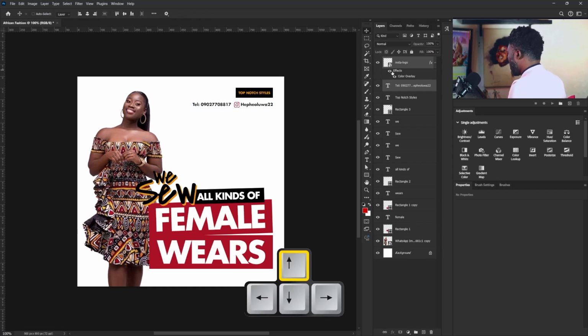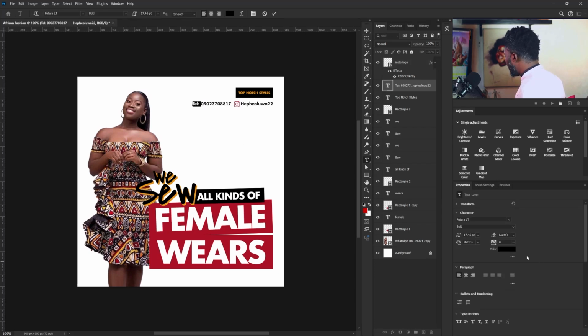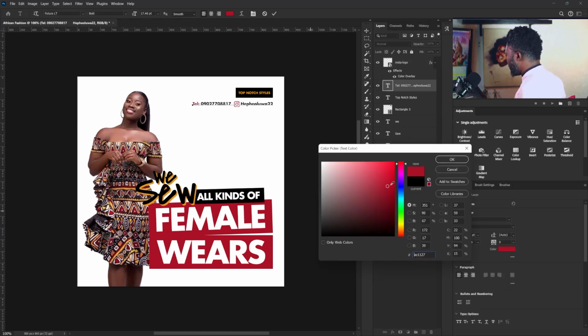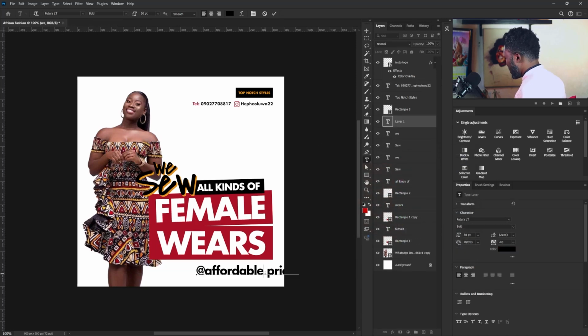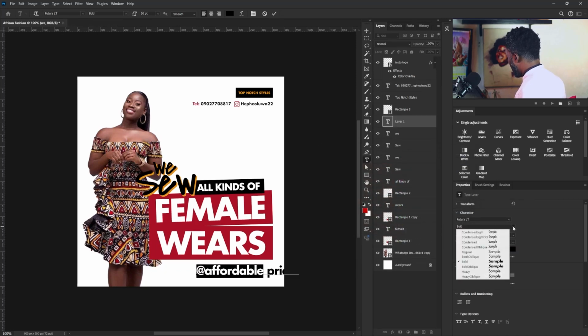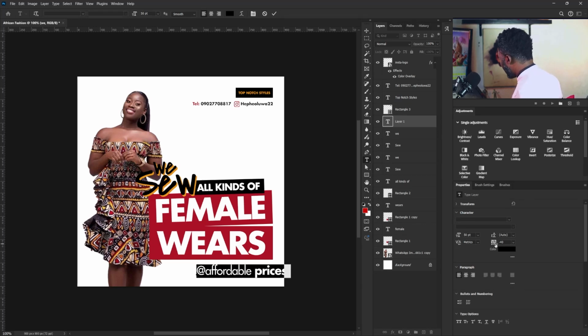Push this up like so. And we can even still change the color of the tail to the red color that we have here. Changes to regular here. All right. Select the text with Control A, and I'm going to turn off the space between the letters, and I'm going to close the space between the affordable and the price there, and change this to